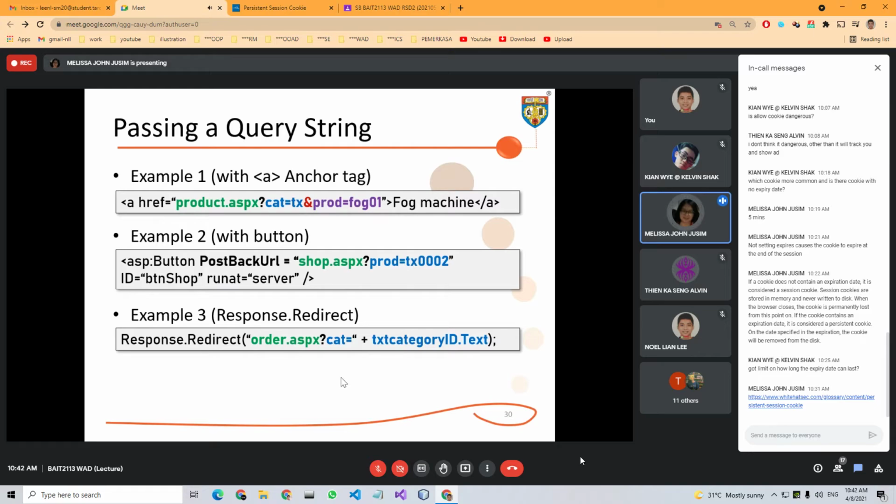Again, you need to mention the URL first, followed by the question mark, and then followed by the name value pair. For the Response.Redirect example, we can see that the category is taken from the text box, txtCategoryID.Text.